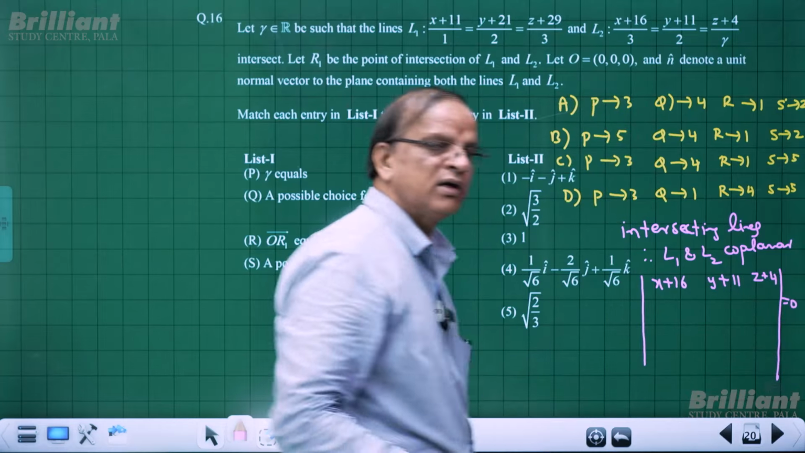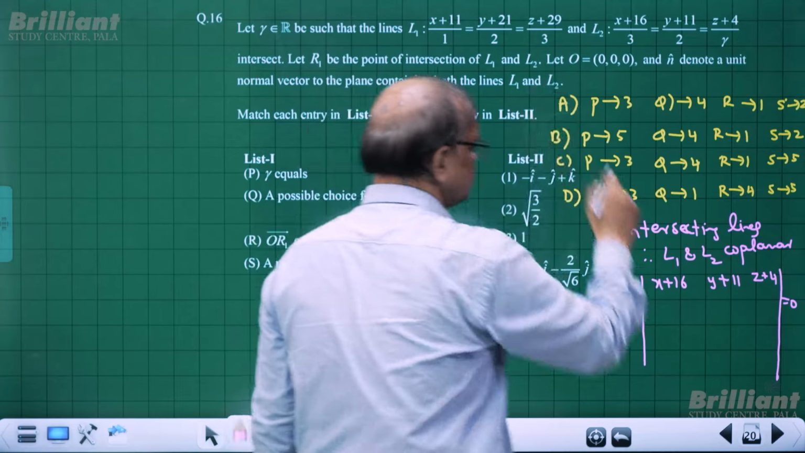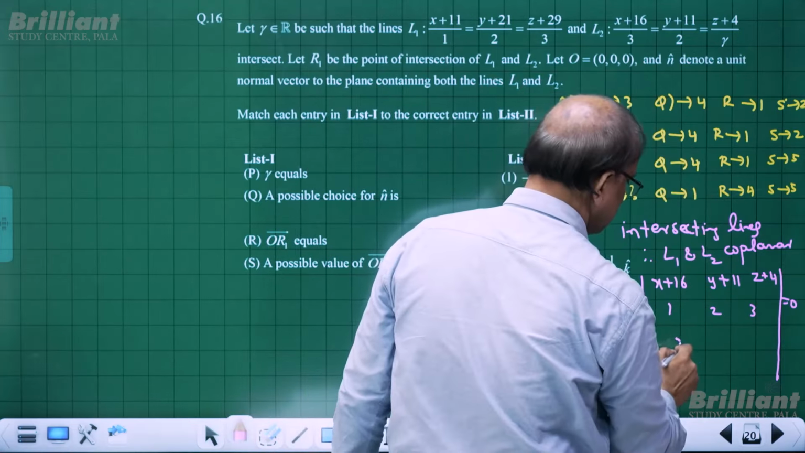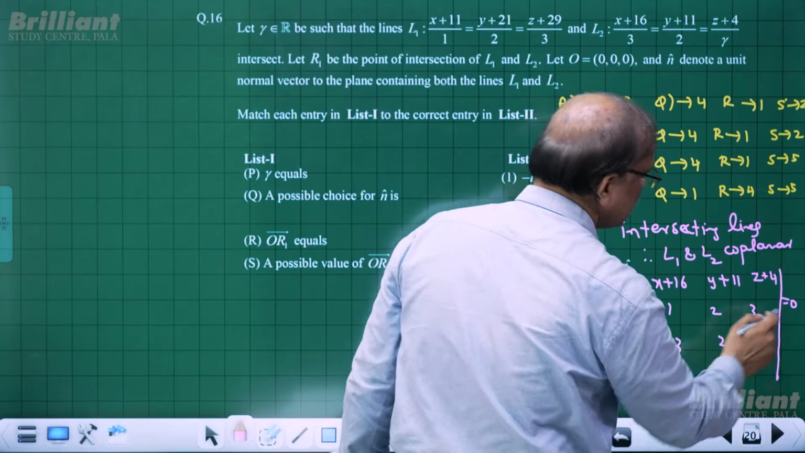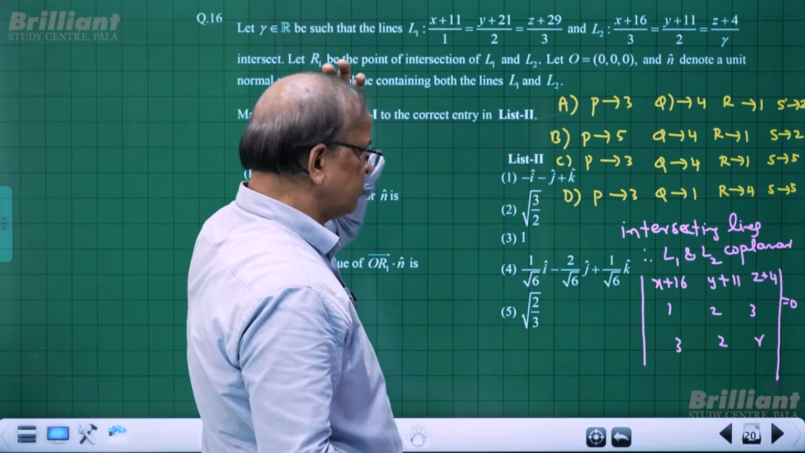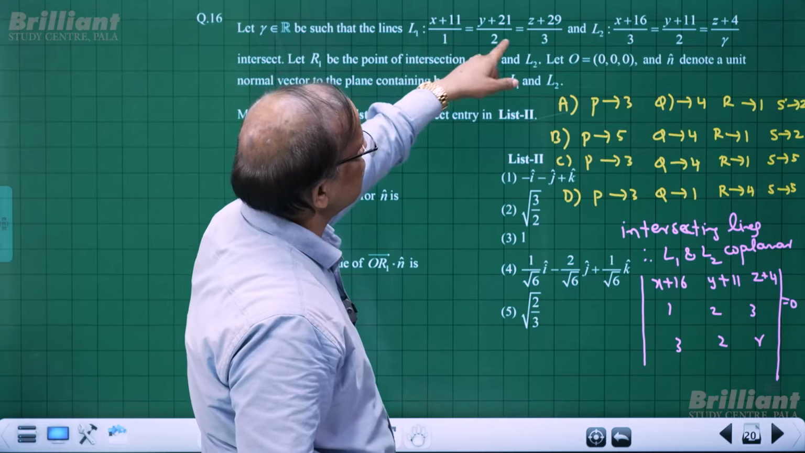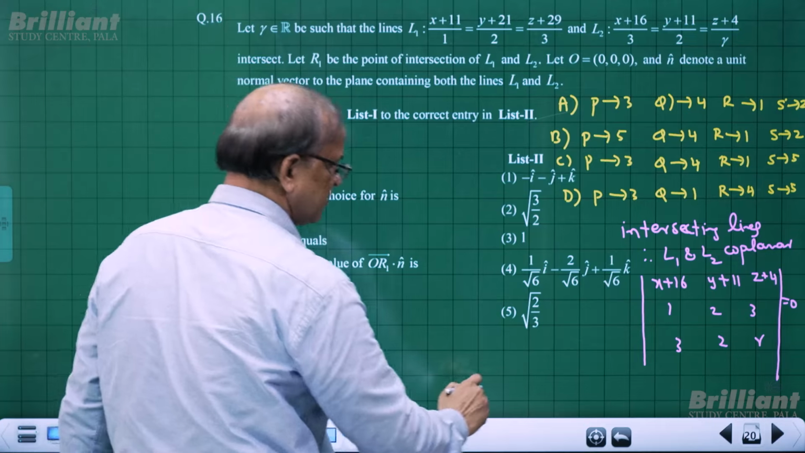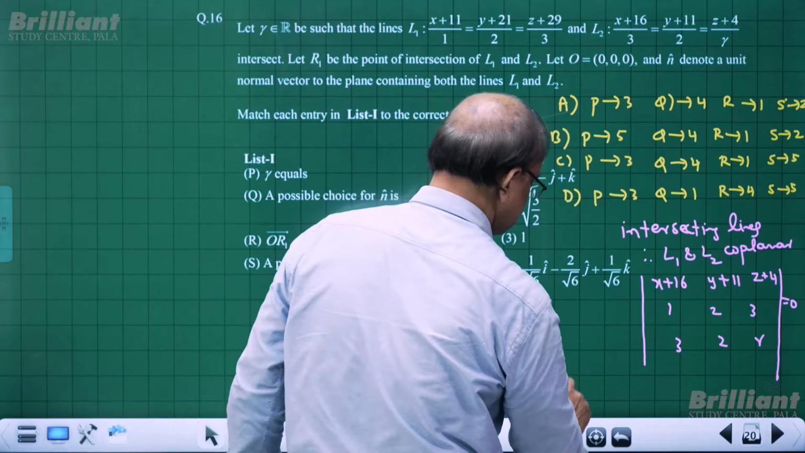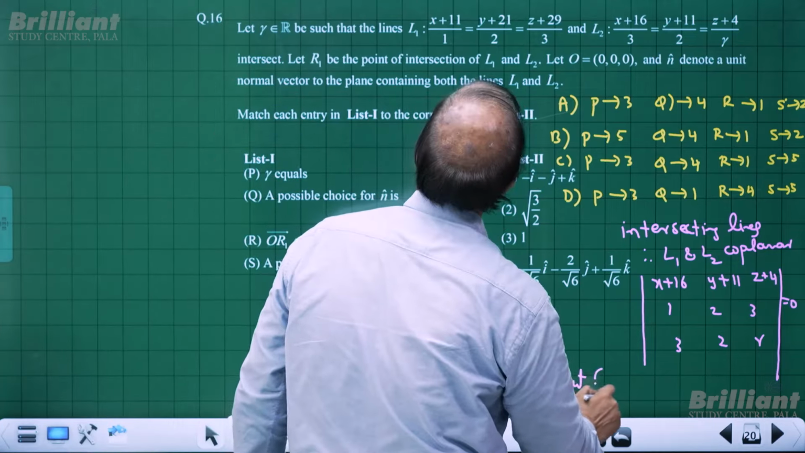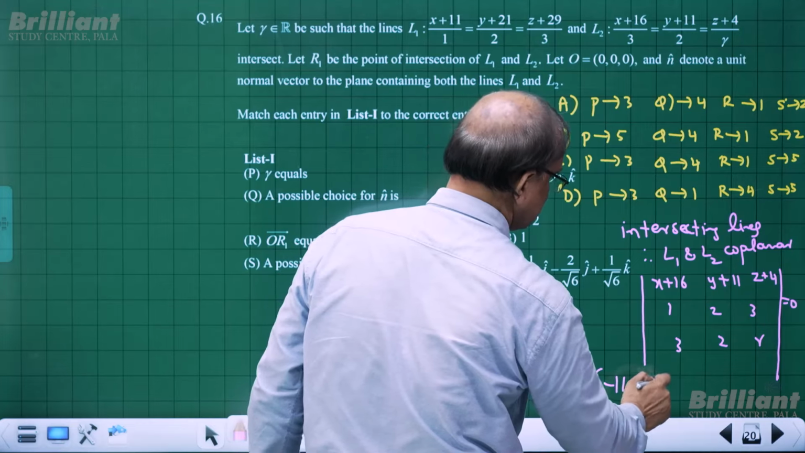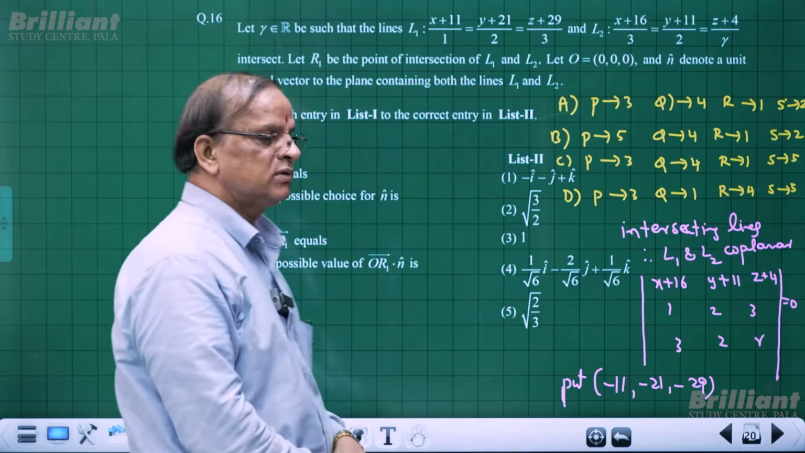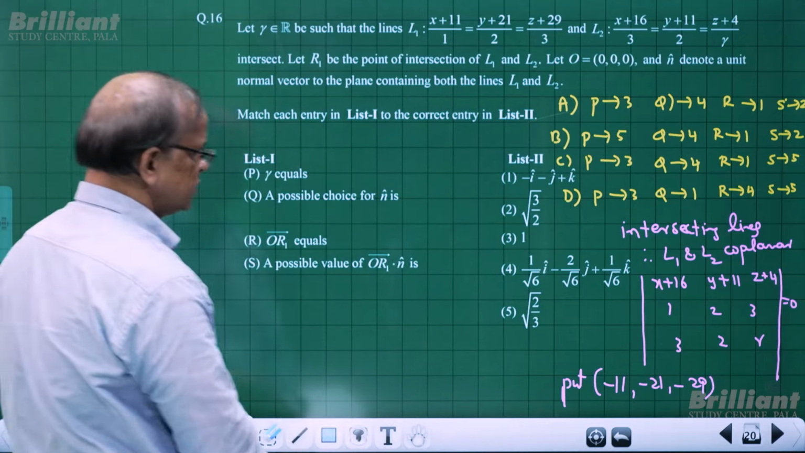So, this is the plane containing the two lines, 1, 2, 3 and 3, 2 gamma. But this plane is also passing through the point minus 11, minus 21, minus 29. So, in this, put minus 11, minus 21, minus 29, okay, right. So, what is this? You will get